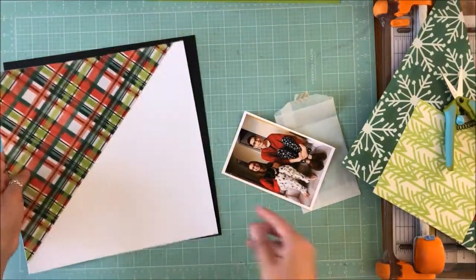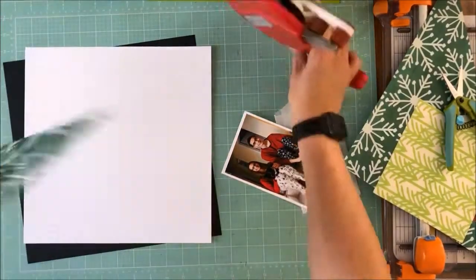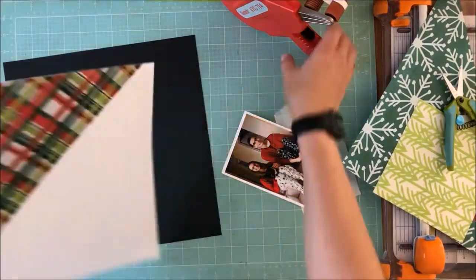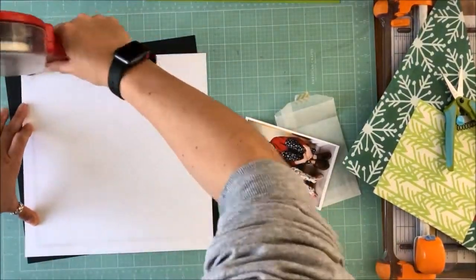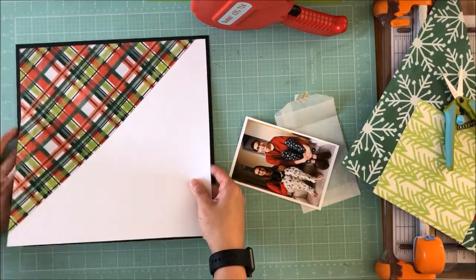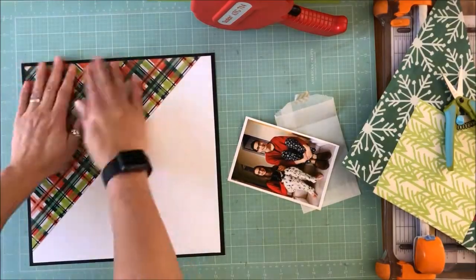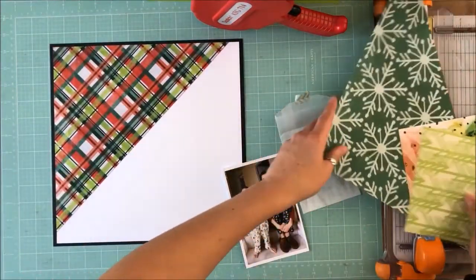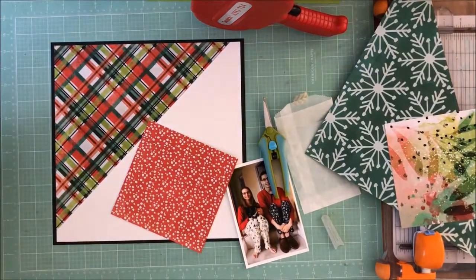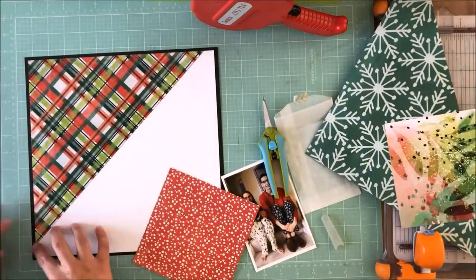So I tried that green selvage strip and I liked it. It's interesting to me how what you can see while you're scrapping versus what you see when you're watching the process video. There are things that, were I to see it on video, I may have chosen to do differently, because I actually kind of liked that green strip, and it worked in the same angle as the greens that were already on there. So I found this piece of paper that looks like snow, the red, and I thought